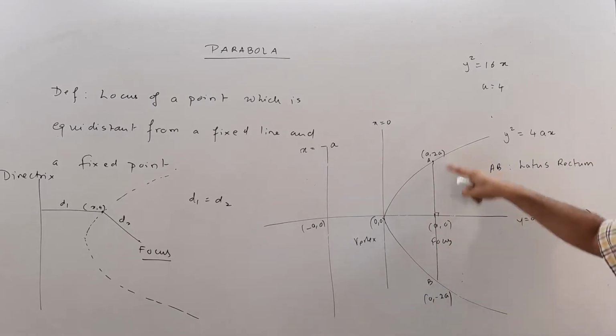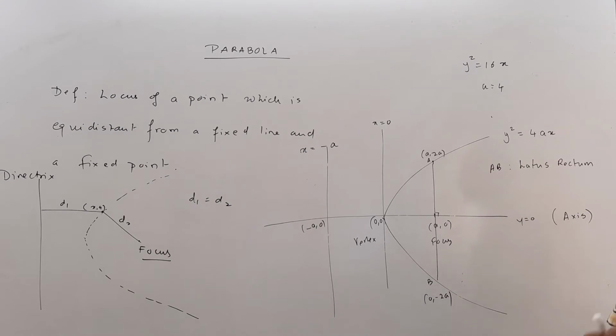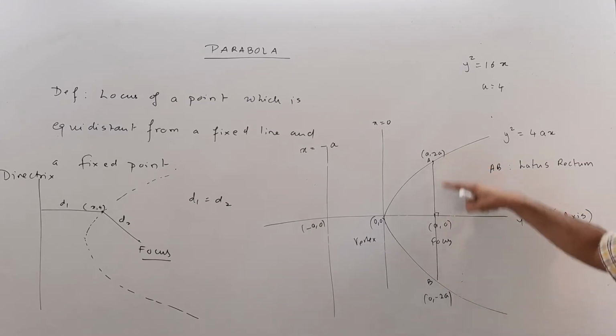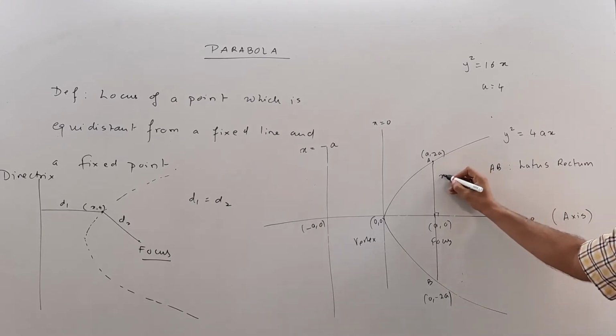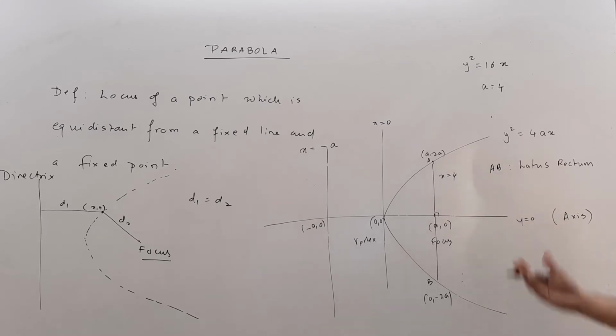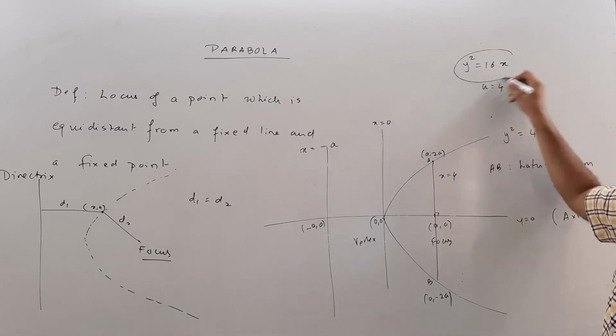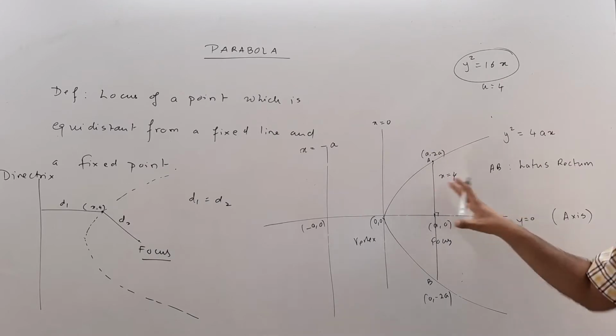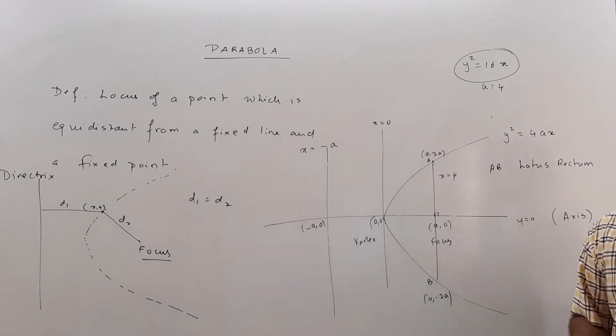the length of this, that is 4 times a, 4 into 4 is 16, so the length of this line segment is going to be 16, and the equation of this, if you want to find, then obviously it will be x equals 4 in this equation. So given a particular equation, and if you know all these details, we can find all the details of a given parabola in and out.